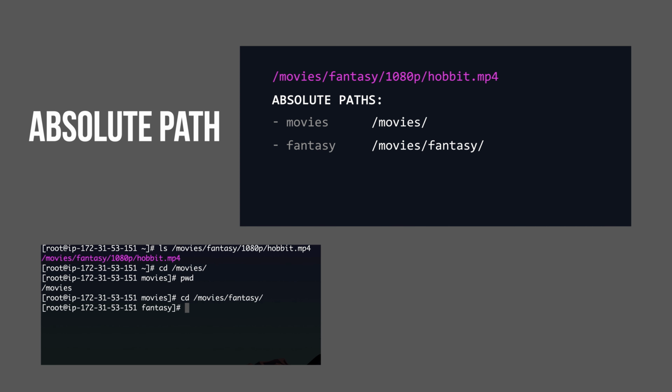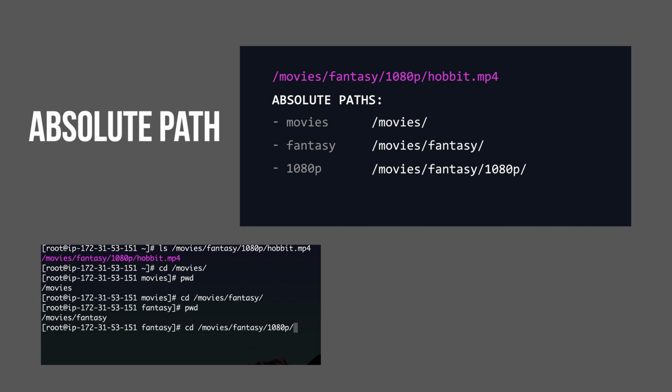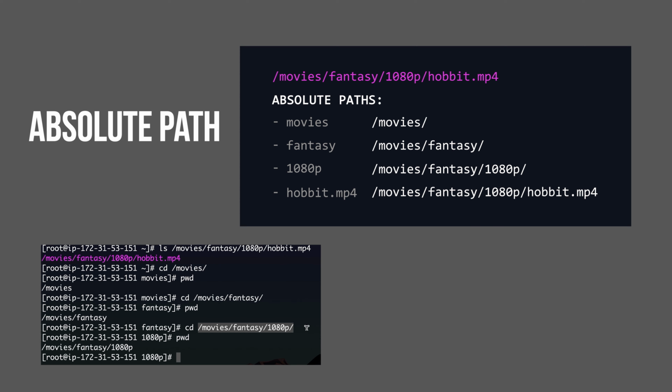It doesn't matter what PWD shows me. Let's say 1080p, the absolute path to 1080p is going to be /movies/fantasy/1080p. This is going to be the full path to the 1080p folder.